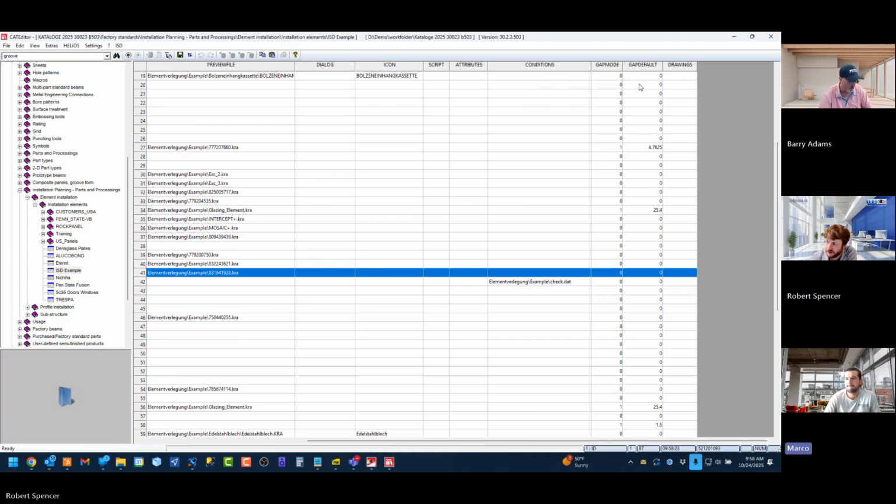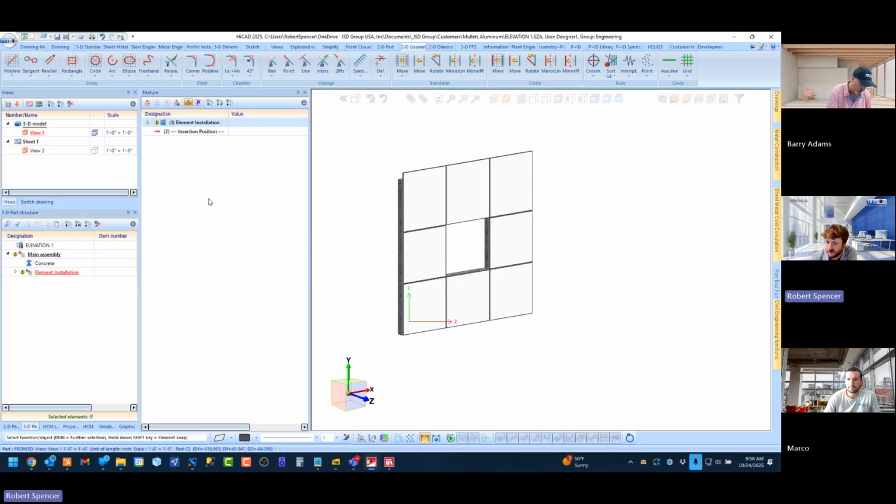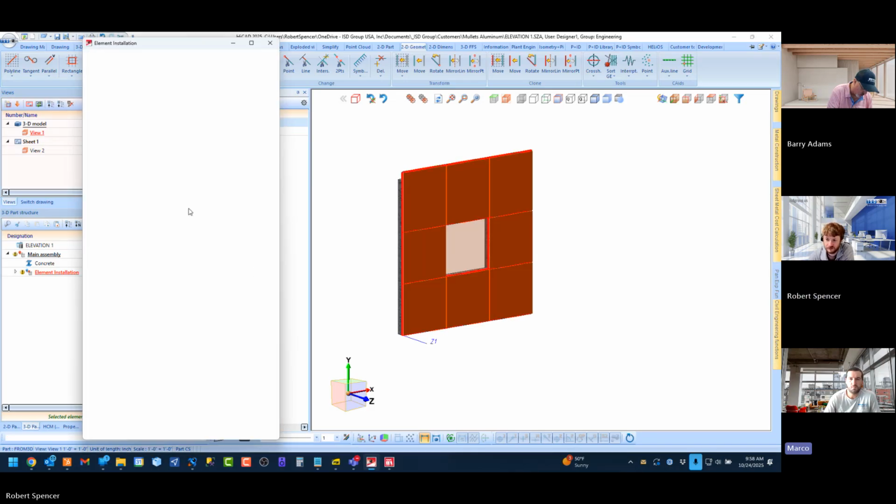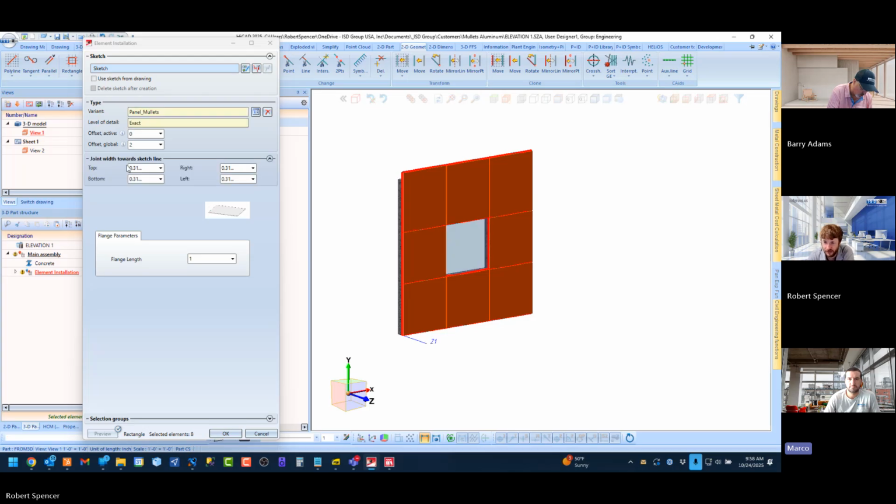And gap default is going to be the standard value for this joint width towards sketch line. So all of these values,